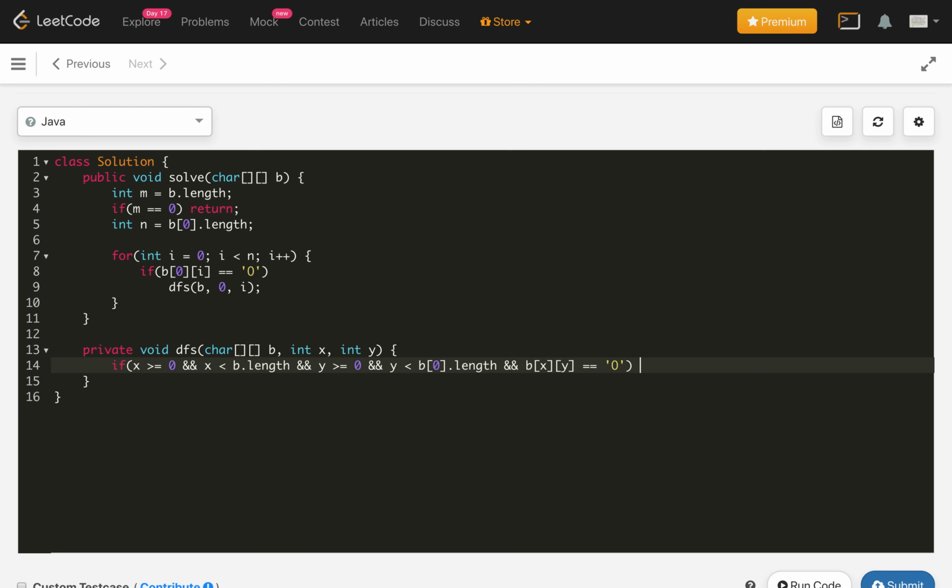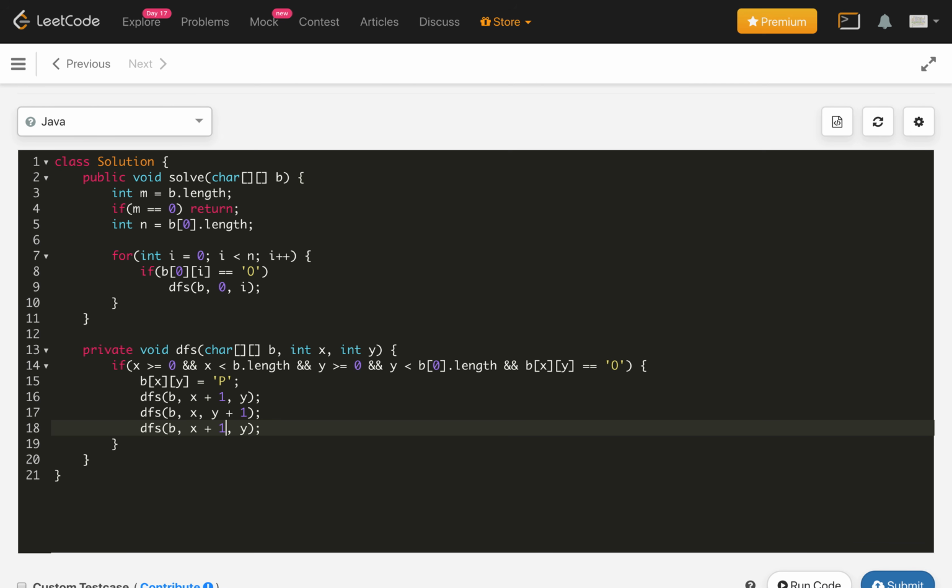If it is, then we will replace the current cell board[x][y] with the temporary character, this is P, and we will call the DFS in the 4 directions: DFS with board, x plus 1 comma y is one direction, second is y plus 1, third is x minus 1, and the fourth is y minus 1.